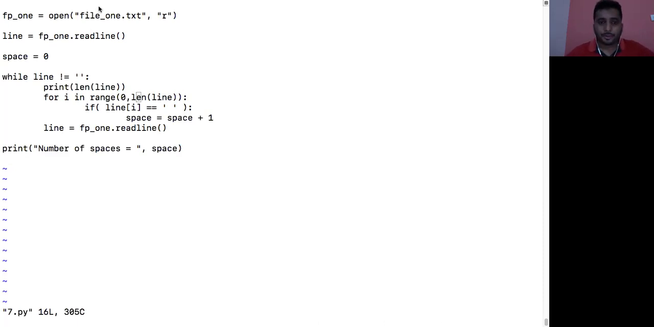If suppose the line in the file was Subhash, where does it start from? 0, 1, 2, 3, 4, 5, 6. There are 7 characters in this particular line, and the starting letter is at 0, right? So that is the reason I write range from 0 to